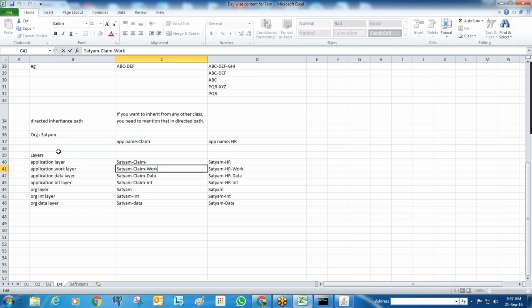Let's say I'm handling a claim as well, and in the same application we'll have creating a claim, or else delivery once the claim is resolved. So we can use the same class while creating the claim. If I want to capture the customer address, there also I can use it. I can create an object for that in the work layer, and I can use that.